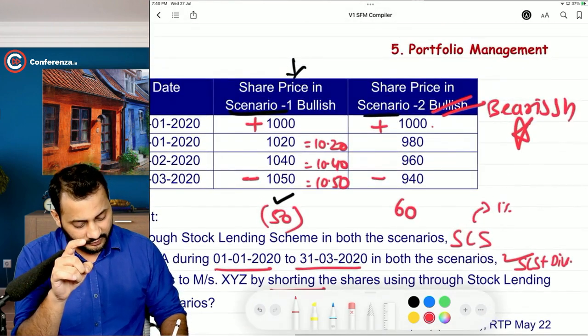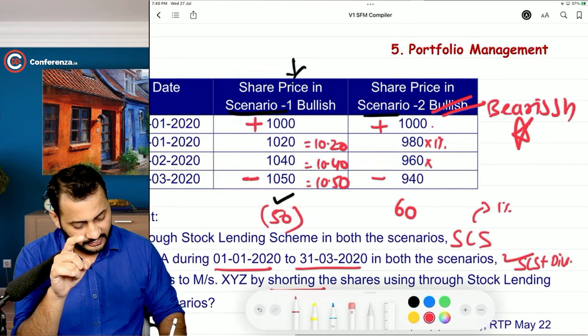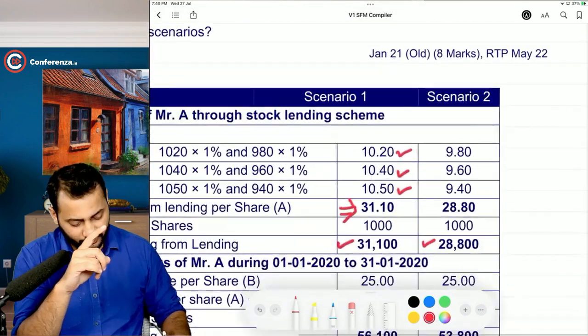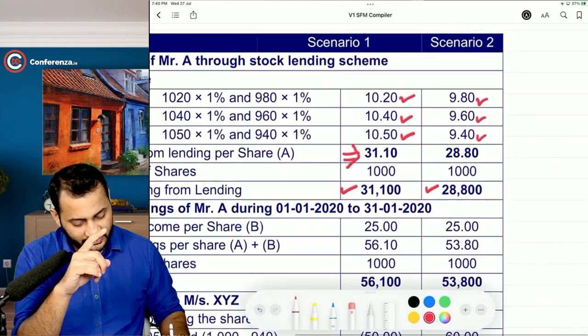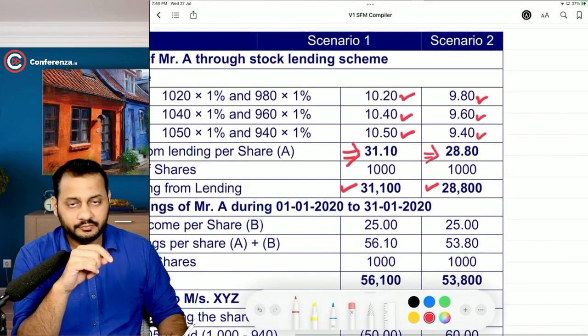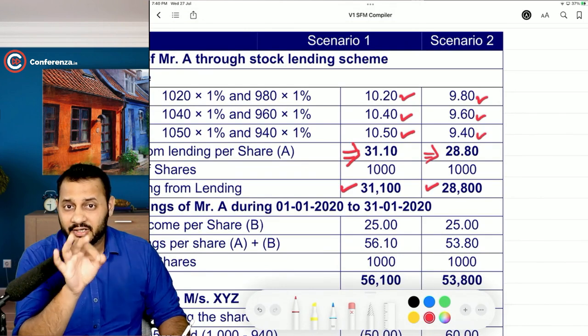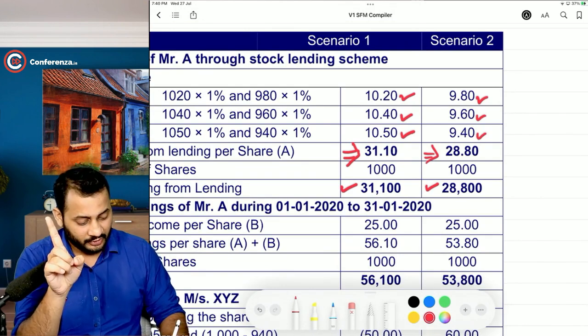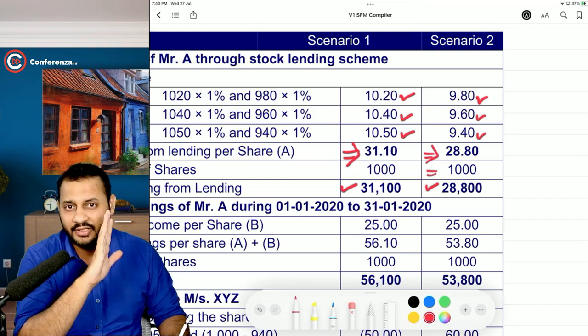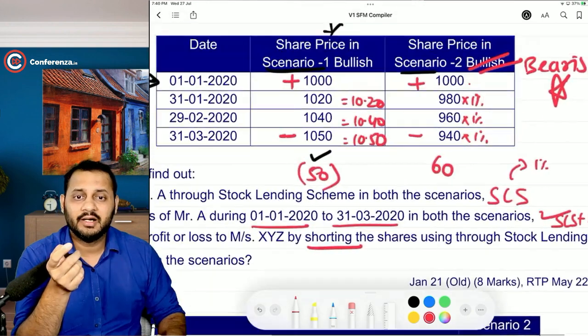Calculate the 1% of all these figures: 9.8, 9.6 and 9.4. For all the 3 months he is going to get this much. So this is the total earning, 28.80 on one share. On 1000 shares it will be 28,800. Okay. The second part asks us to